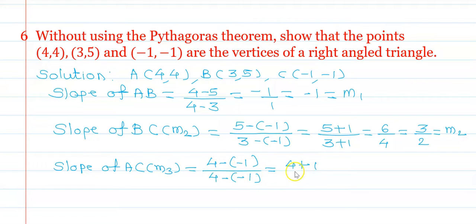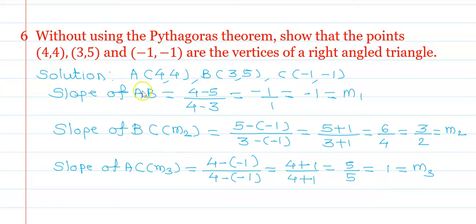Minus minus is plus, so 4 plus 1 is 5 upon 5 is 1, and this equals M3. If you observe, the slope of AB is -1 and the slope of AC is +1,